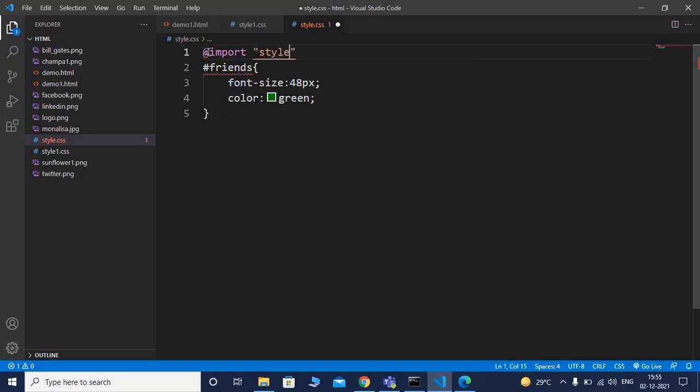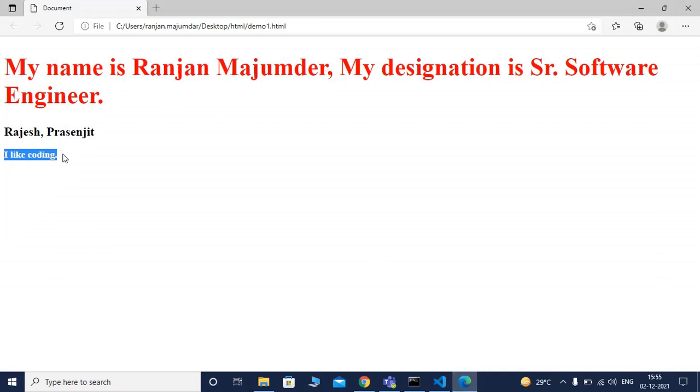The file name is style1.css. I am using a semicolon. At last, I am saving it. Before refreshing, you can see the output is showing the default output of H3. Now I am refreshing it.